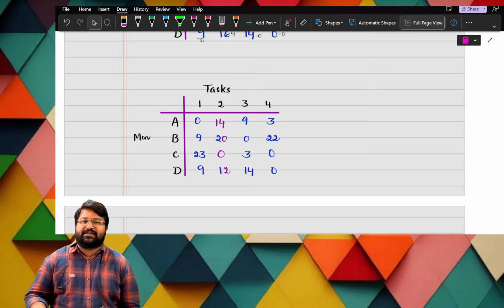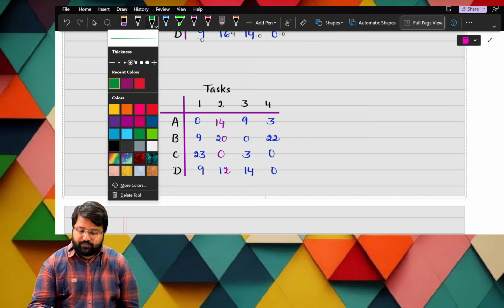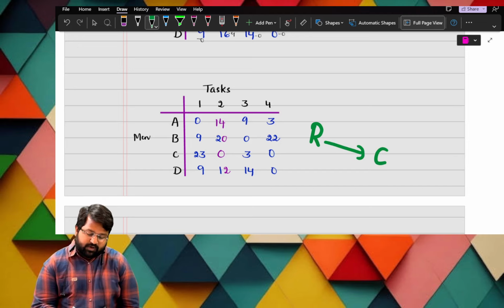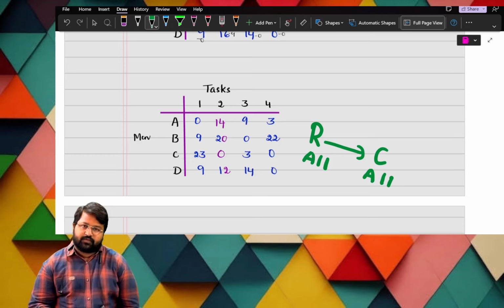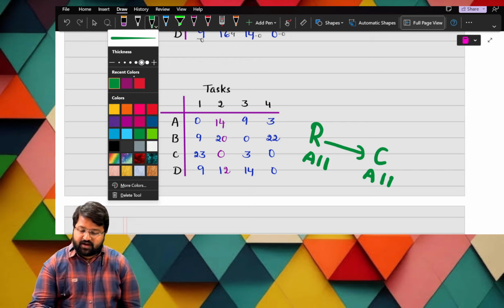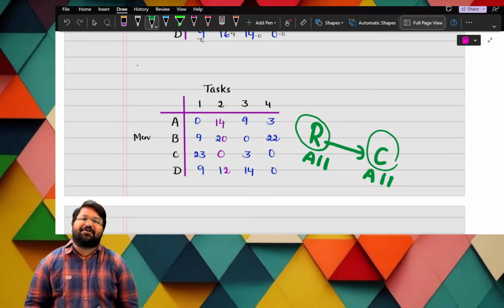Sir, what is a test for optimality? So now we have to see from rows to columns. We have to start with a row and end with a column. After completion of all rows, then go for all columns. So start with rows. You have to start with rows and end with columns. What we have to start, sir? What we have to end, sir?